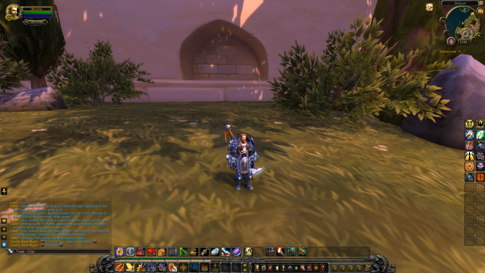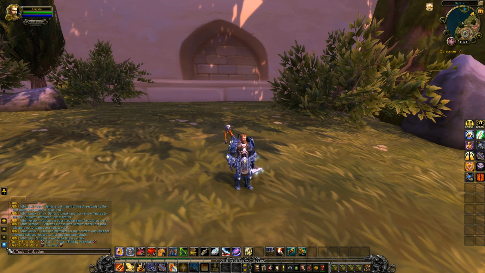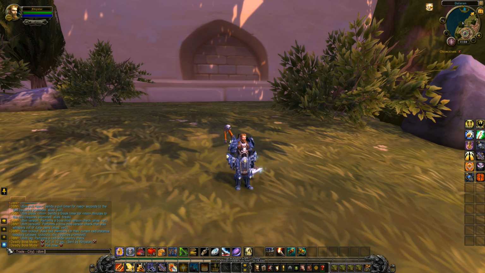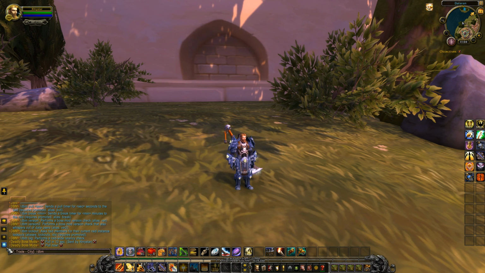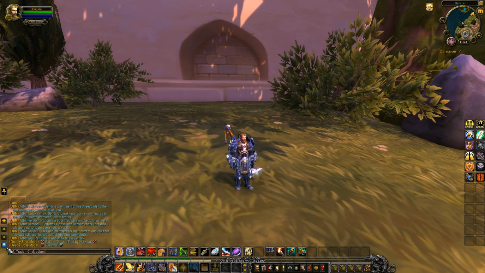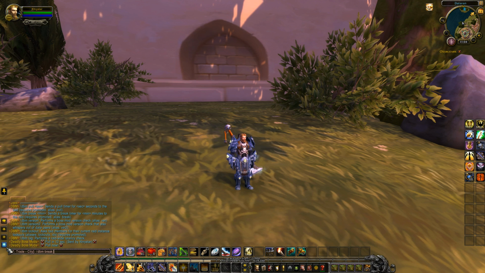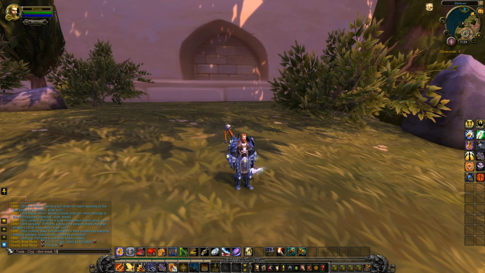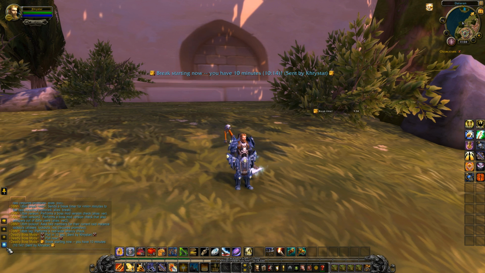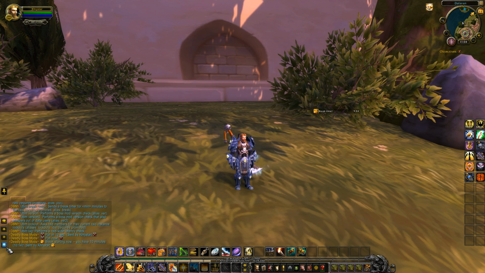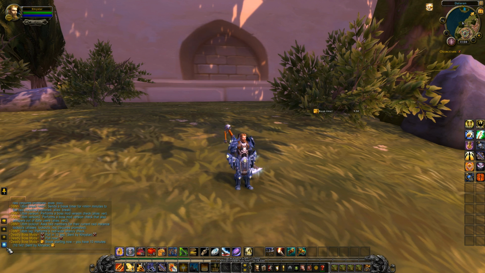Another one is /DBM break. If you're a raid leader, this will come in handy if you need to take breaks often. In my raid group, I do a 10 to 15 minute break, depending, at least about halfway through the raid. We do a 3-hour raid, so about an hour and a half in, you'll do /DBM break, and then if I type 10 minutes, it'll do a 10-minute break. So we'll just do that. We're on break, guys. So as you can see, that is one of them.